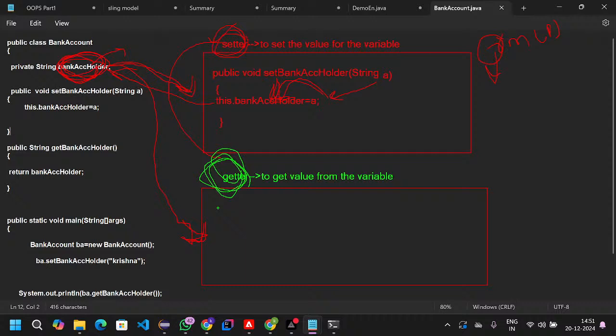The first one is the access specifier public, and it has to return a string. Get is the keyword, and bank account holder, and this is the scope of the getter method, and